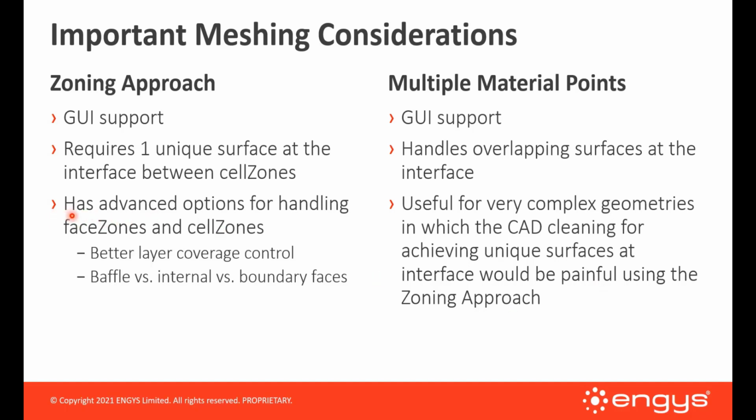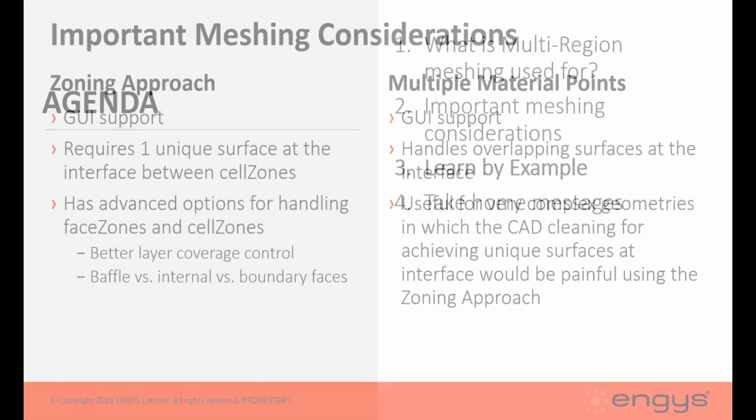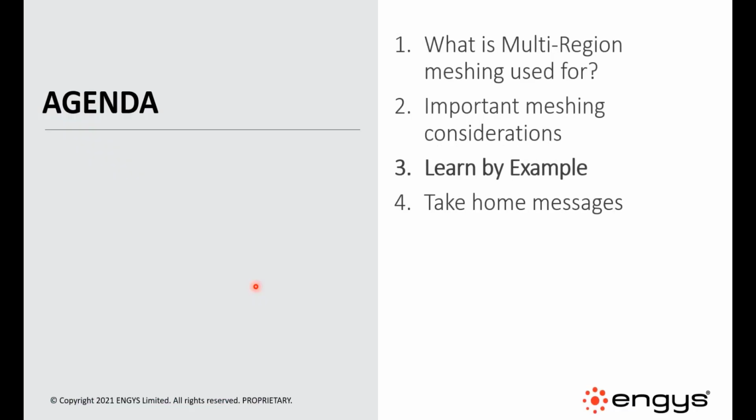On the other hand, the zoning approach has several advanced options for handling face zones and cell zones, for example, better layer coverage control. You can specify layers only in the master or slave patch if you want, and other advanced options. So those are a few comments regarding meshing I would like to have said,